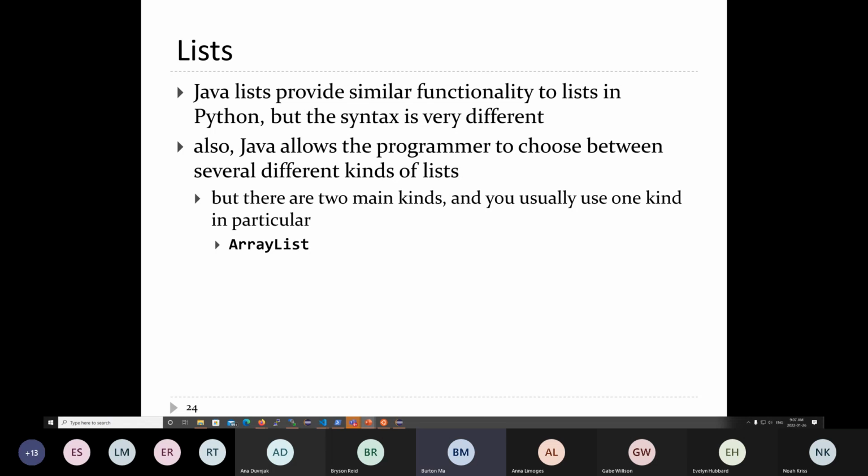You can't, if you want to check if two lists are equal, in other words, do they contain the same elements in the same order? You have to write your own function to do so, and so on and so on and so on. So because lists are